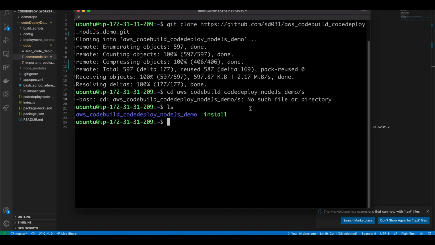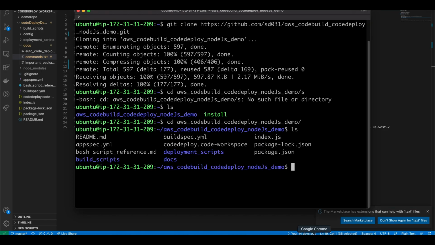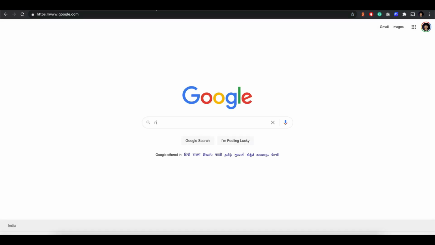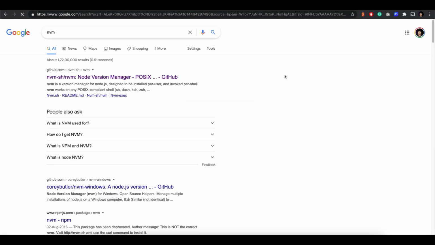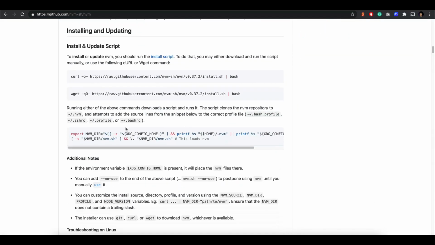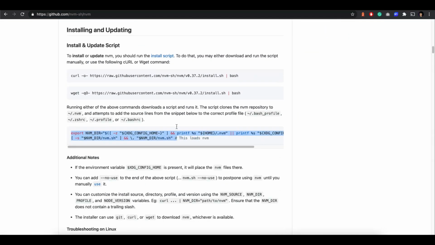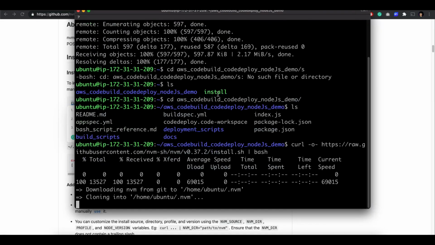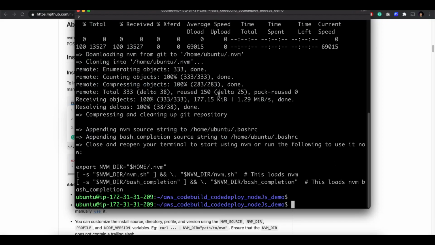First we need to install the dependencies, but for that we also need Node.js, right? So let's install Node.js using npm. It's very easy to install Node.js using npm and do all this kind of stuff. So let's do it. It's pretty fast. Now let's run this also, so it will be ready to use.